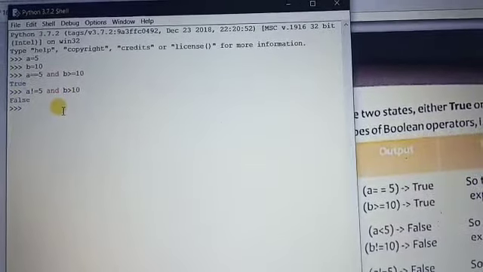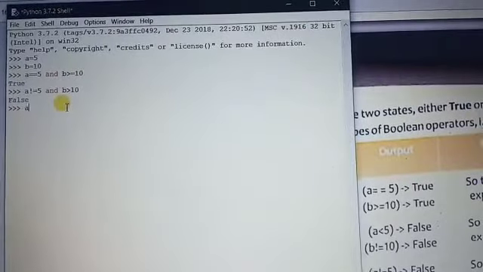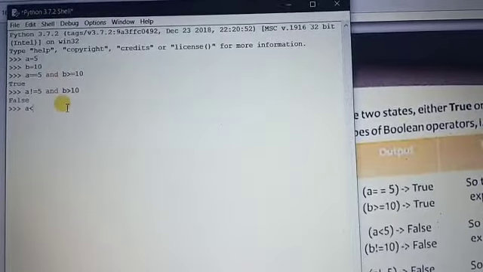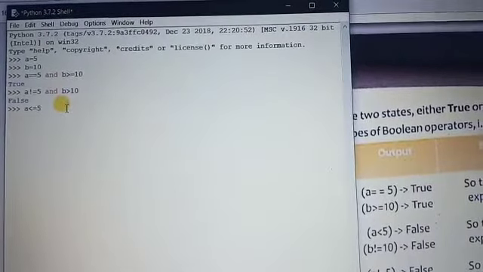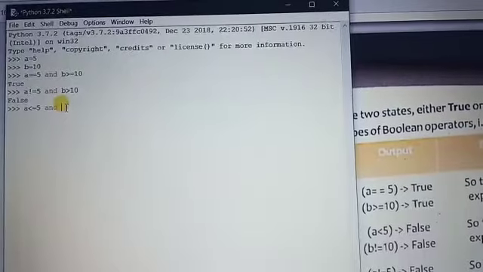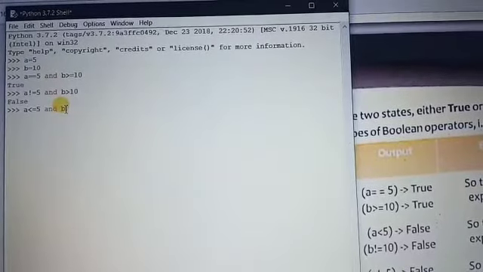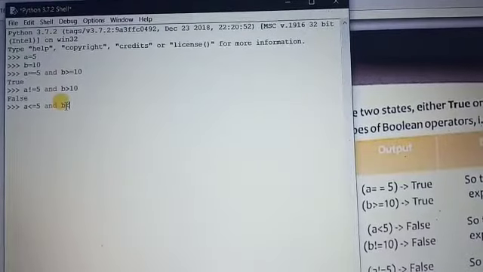Again we check here a less than or equal 5 and b less than 5.